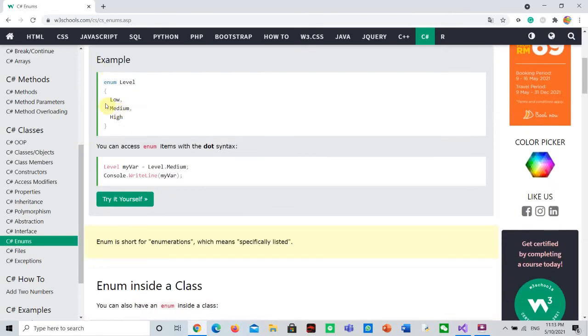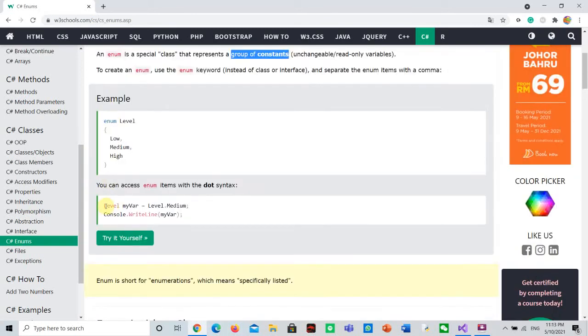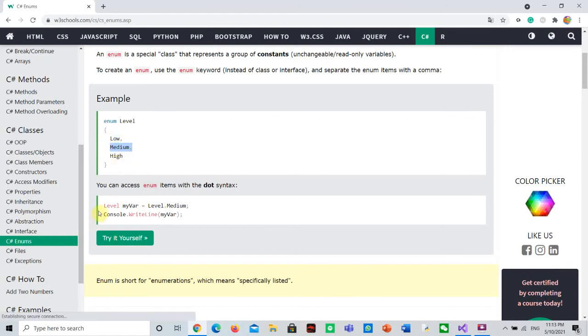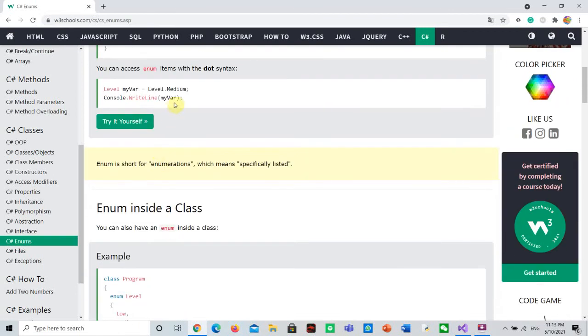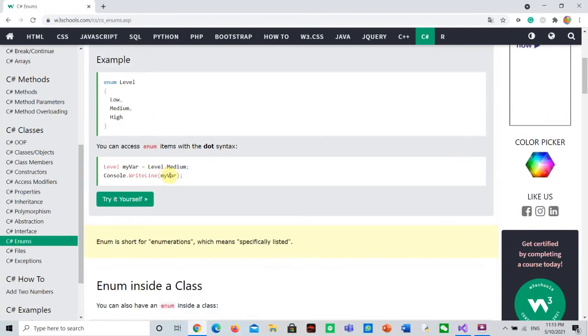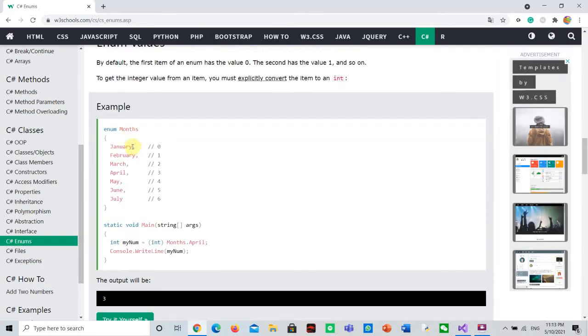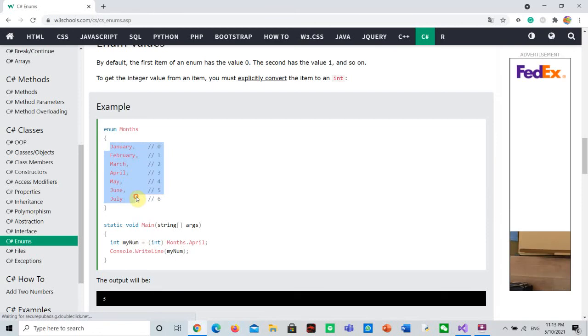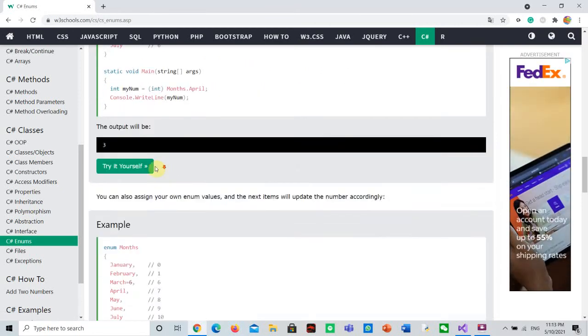So for example, in here: add, multiply. After that, if you want to access the string, the object here, what you can do is create a label, whatever the name, then label dot the name of the enum. If you click on my variable, it will show you the enum, and the default value for the enum starts from 0, 1, 2, 3, 4, 5, 6. Okay,